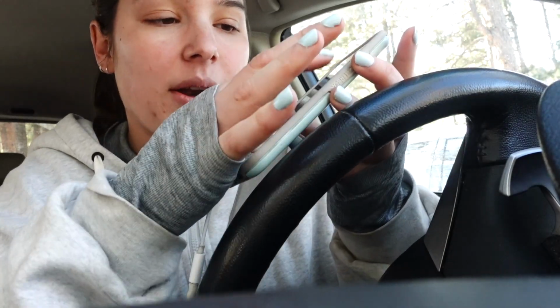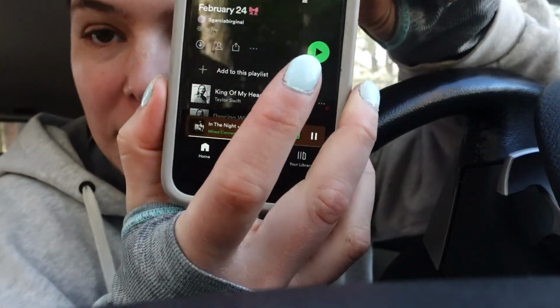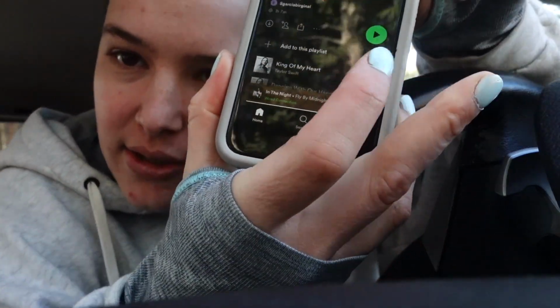Actual beef though, because maybe this is a setting that I need to change, but my Spotify, when I go into a playlist, I can only hit play. I used to be able to hit shuffle, so it always starts with the same song, not the vibe. I need to mess with that, but if you have an answer, comment it.